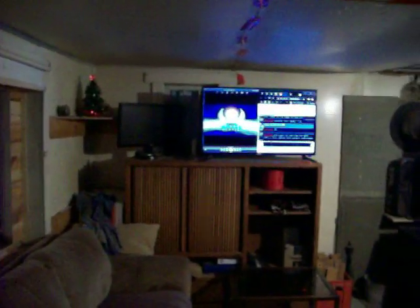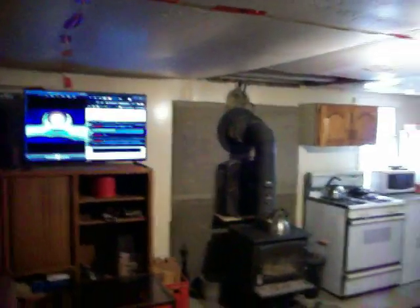Downstairs here, this is the original ceilings and walls from 1950. This cottage was built in 1950. Back then they weren't too eager on fire safety. They had the original chimney going through the wall right there, which in my opinion was too close to the iron ceiling. So when I put the new chimney in